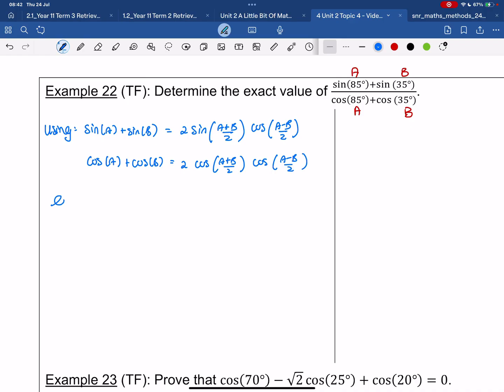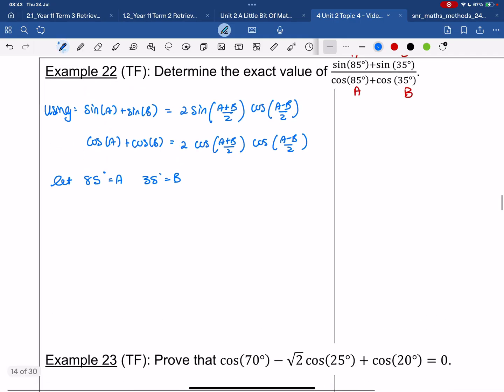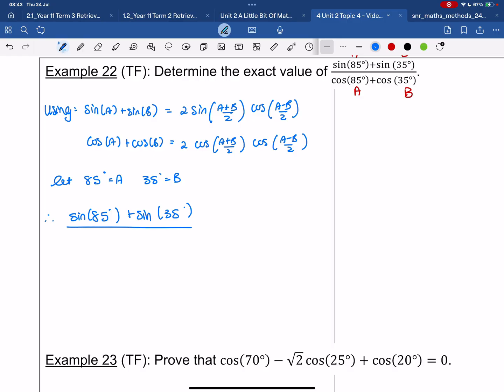And we're going to let 85 degrees be my A and 35 degrees be my B. So I have sine of 85 degrees, that's a 5, plus sine of 35 degrees over cos of 85 plus cos of 35